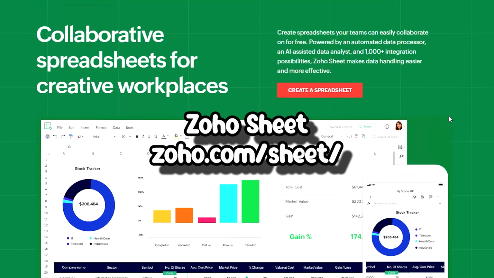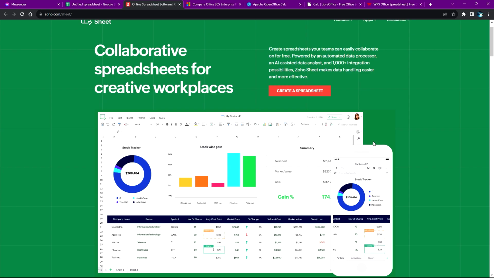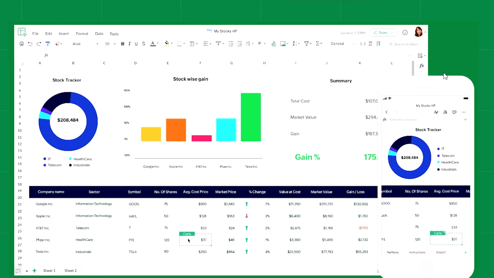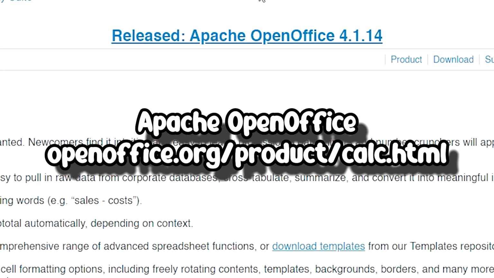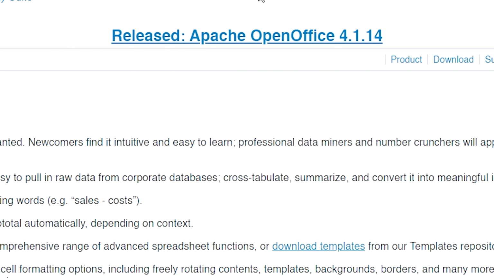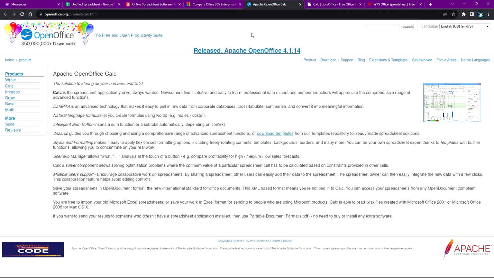It's also similar. There are a lot of features in this one that might be similar or could be better than Excel, but just give it a try and maybe you'll find out. Next we have Apache OpenOffice. It's also another one. It's a free version of Office 365, although I believe there are a lot of limitations compared to Microsoft Office, but still it is very useful if you really need it